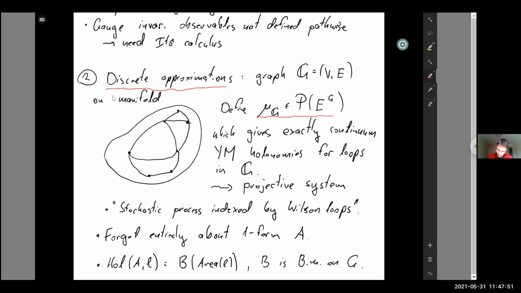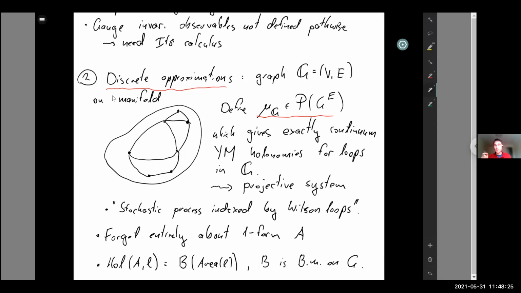I've written this the wrong way around: functions from the edges into the group. You should think of the value of this function at a particular edge as the holonomy along this edge. And the remarkable thing about this, and this is a manifestation of the solvability of Yang-Mills in 2D in a different light, is that you can define this approximation,